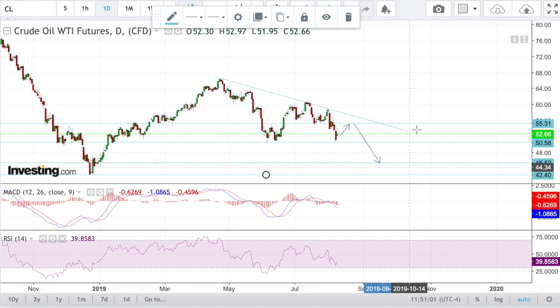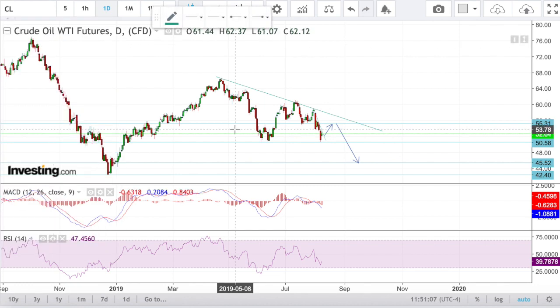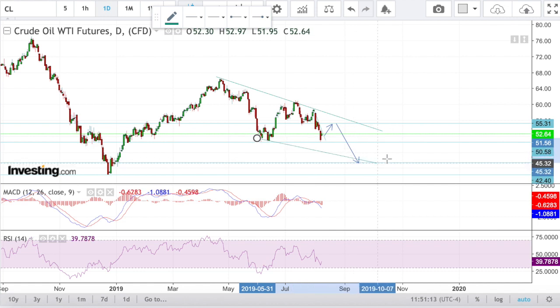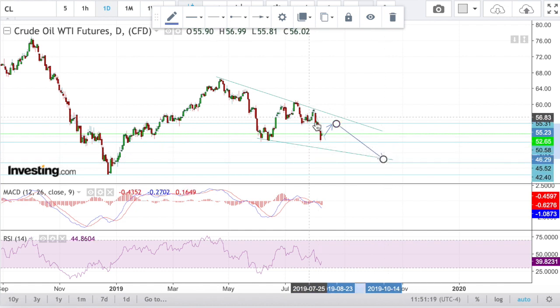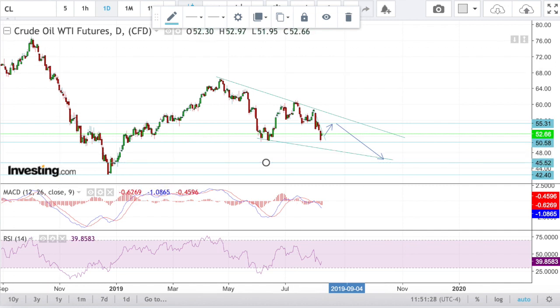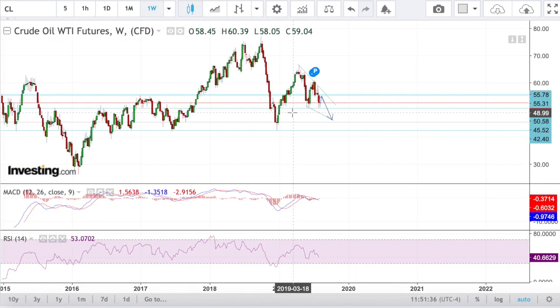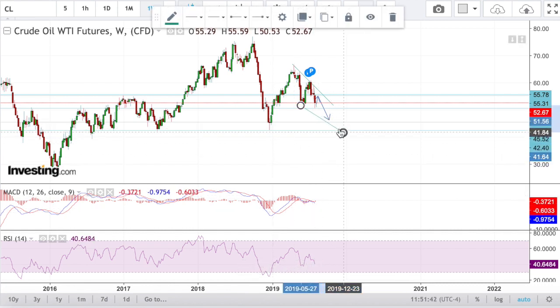So that's about it, and that would set us up, again, for you guys that are long on crude oil, for a nice reversal. It could potentially look something like this. We make our way down in the next few weeks. We'll form a nice little wedge, reach this 45 level, and that would give us some nice divergence on the daily chart, and you can take a look at the weekly chart. That would also probably give us some weekly divergence if we start to undercut the lows we have here.